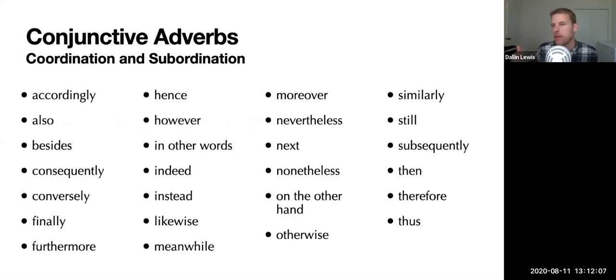You have accordingly, also, besides, indeed, in other words, however, moreover, then, subsequently, still. And notice that some of these are adverbs in their own right and can function as adverbs separately, not necessarily as conjunctive adverbs. But these are some of the more common conjunctive adverbs that we use. Notice also that some of them indicate different types of logical relationships between ideas. Some indicate contrast, like however. Some indicate comparison, like